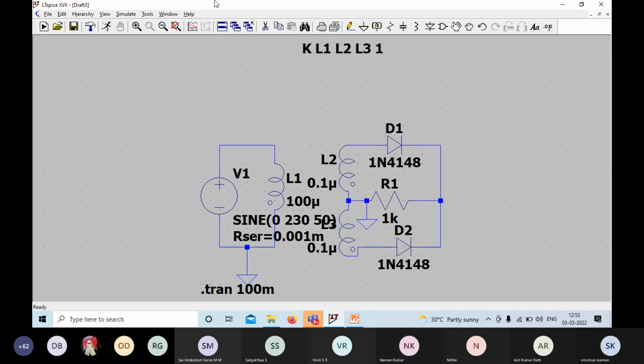Done, sir. So all the values are defined. Yes, sir. 0.1 microhenry, 0.1 microhenry, and you have to